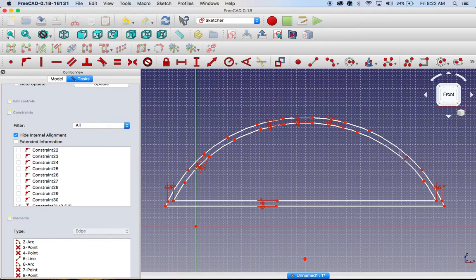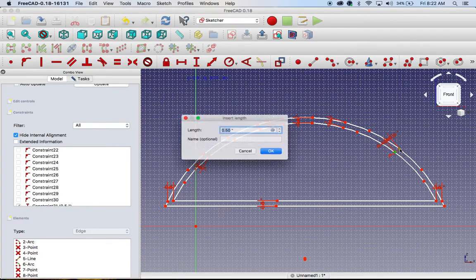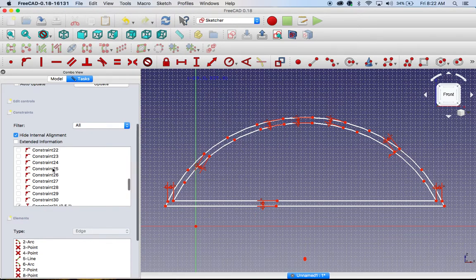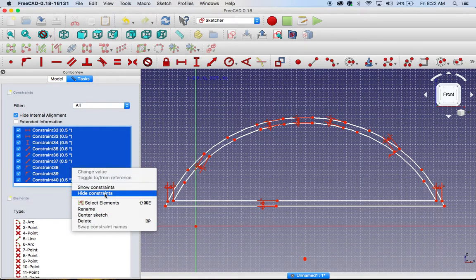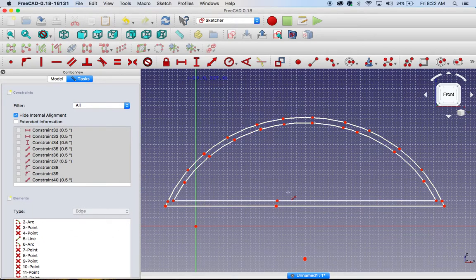Now, because my dots moved, like if I wanted to make sure this spacing was there, since these dots don't line up anymore, I should probably add 2 more. The closer these dots are to where you want them to be, the better. So I should probably add these dots as I go as opposed to what I did before and add them all at once. Because if I set these 2, they're not on top of one another, so I just want to be careful about that. And I will say, let's make that 0.5. So if we turn these constraints off, it looks pretty good. So as long as everything is connected and we have the rough spacing we want,